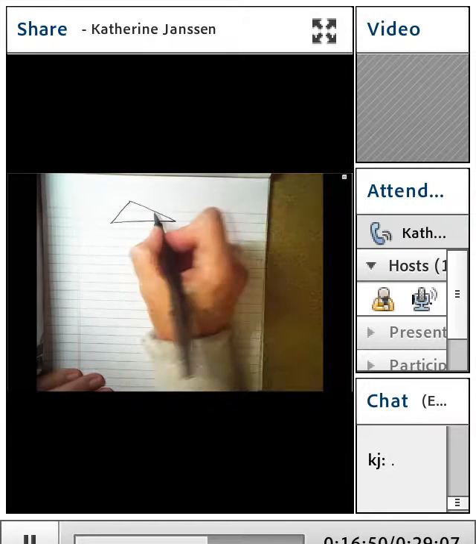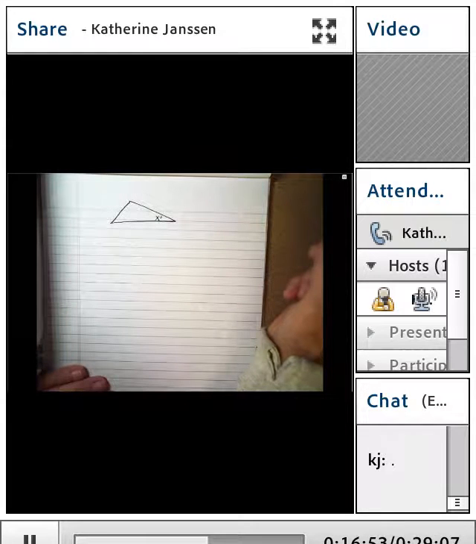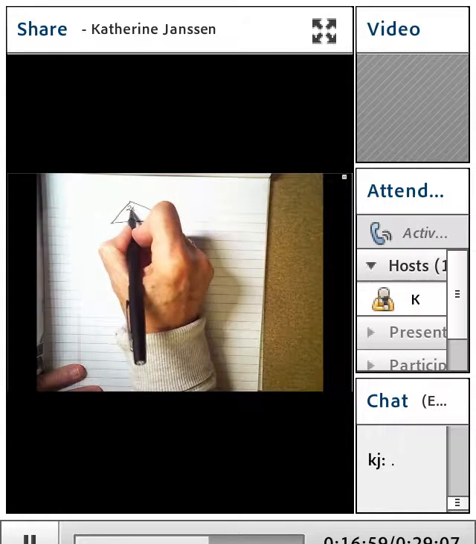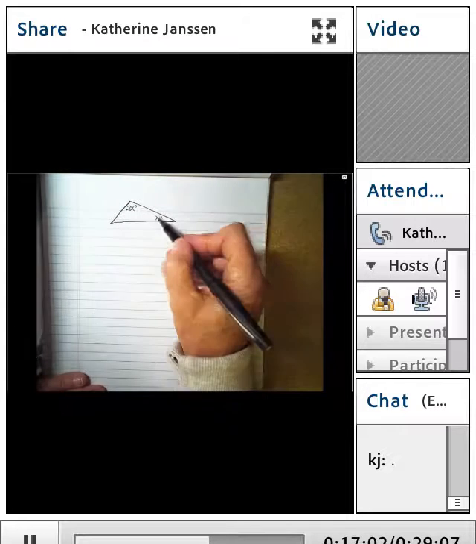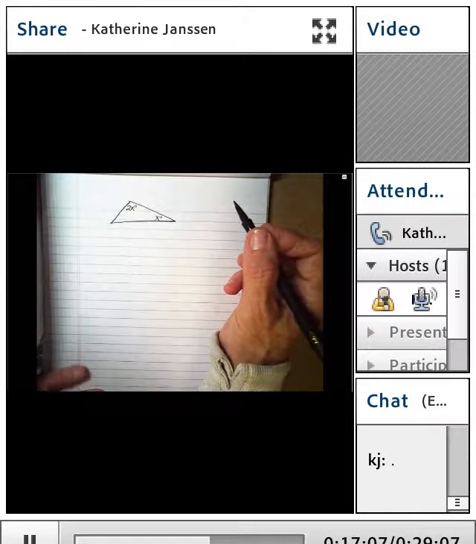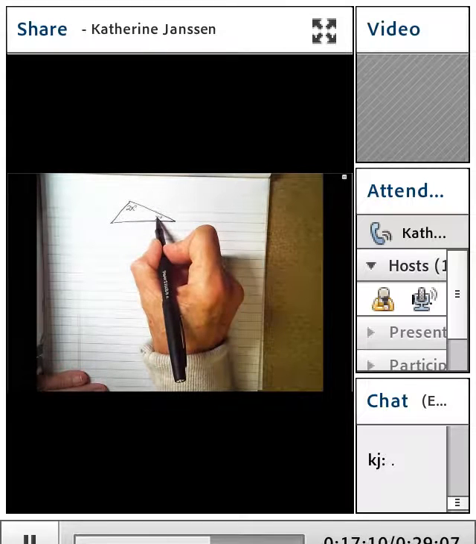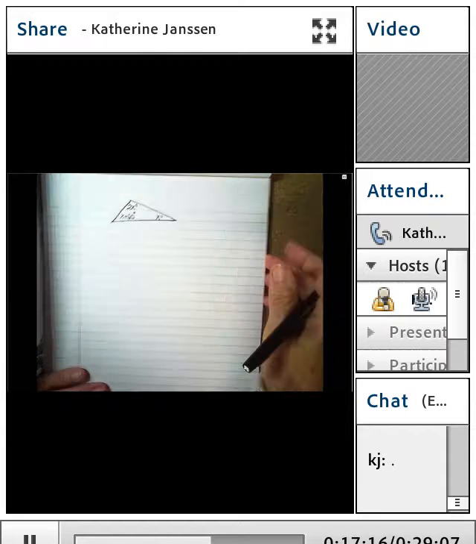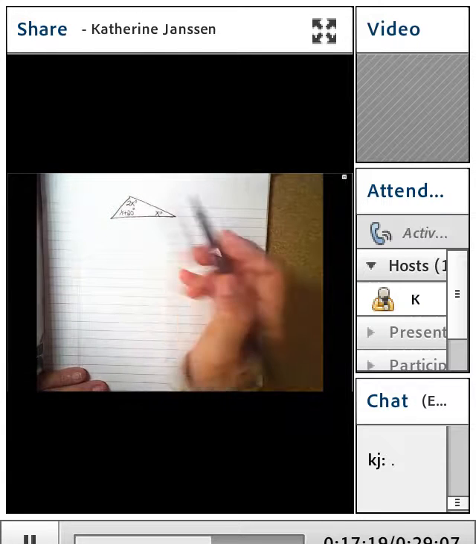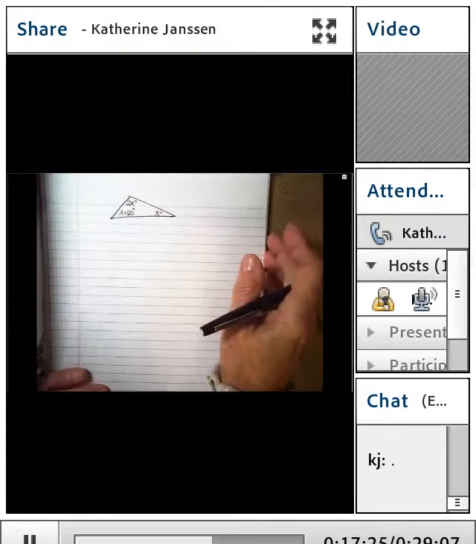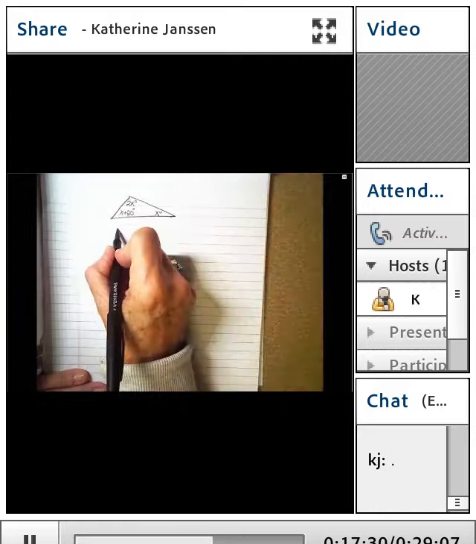So if my first angle is x degrees, it says the second angle of the triangle is twice as large as the first. So that'd be 2 times x. The measure of the third angle is 20 degrees greater than that of the first angle. So if I have my first angle plus 20 degrees, that would be x plus 20 degrees. So now I have a relationship based off of my first angle for the degree measurement of all the interior angles of this triangle. And then we remember that the sum of the interior angles of a triangle